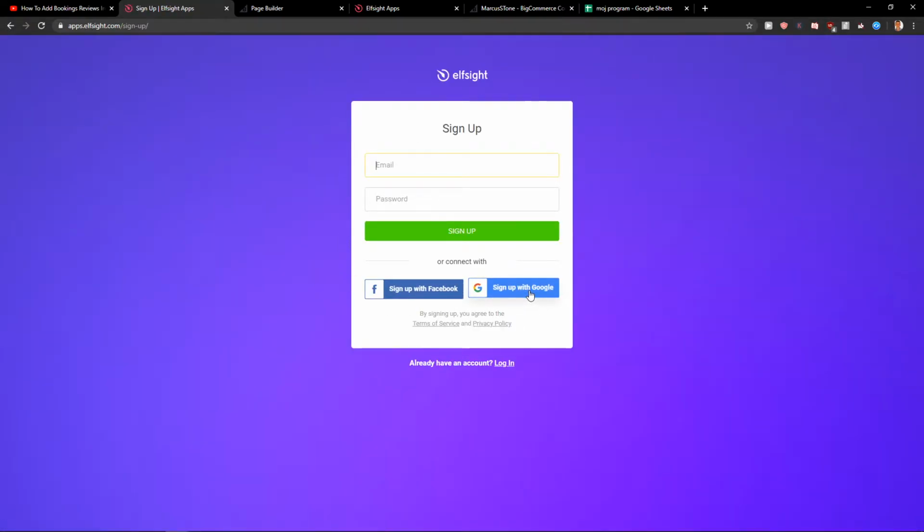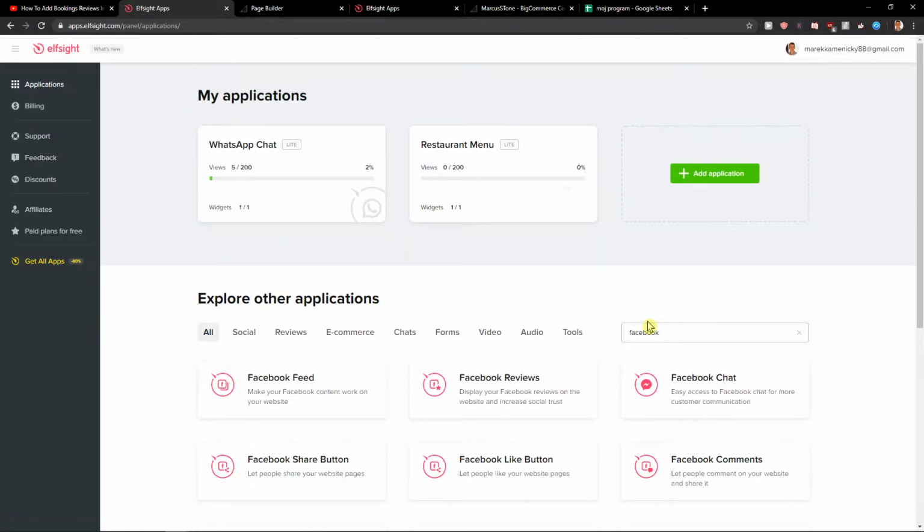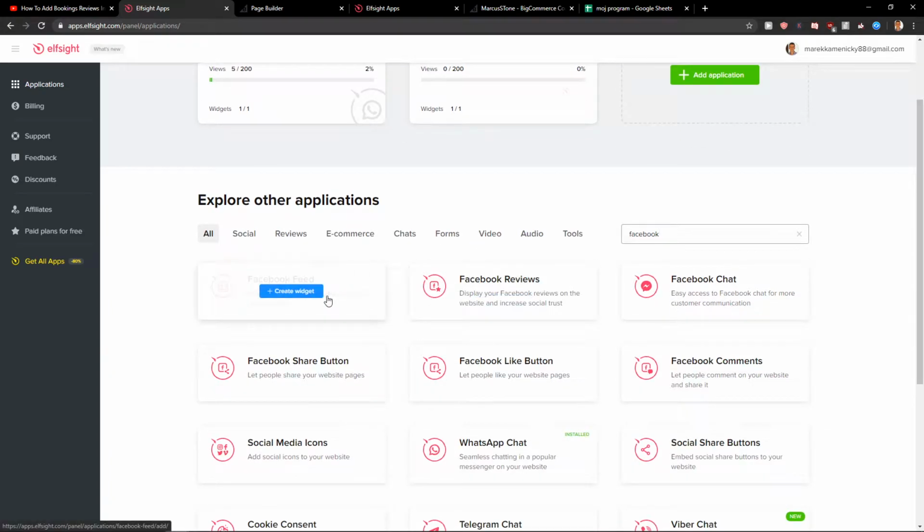When you're here, you want to sign up with Google or Facebook, it's really up to you, or just with normal email. When you have it, let's just click login. Now here you want to write Facebook, and you're going to see it here, Facebook feed. Let's create a widget,